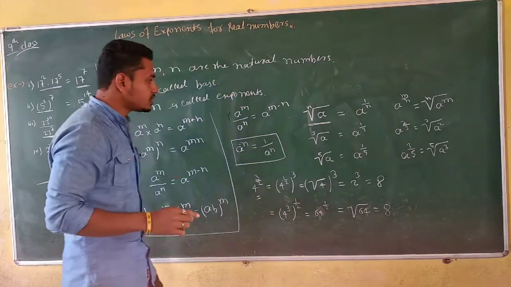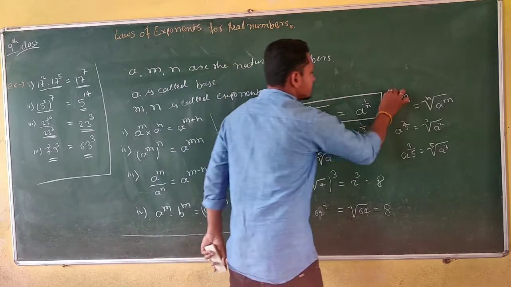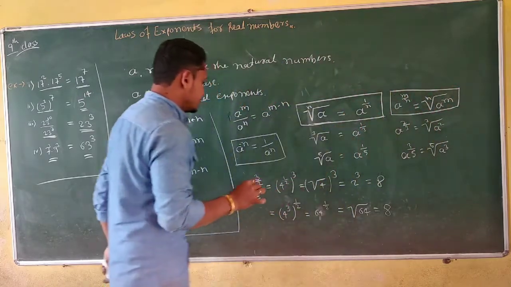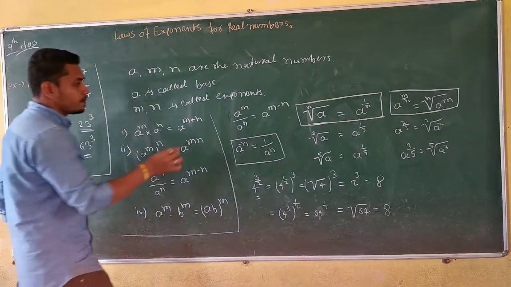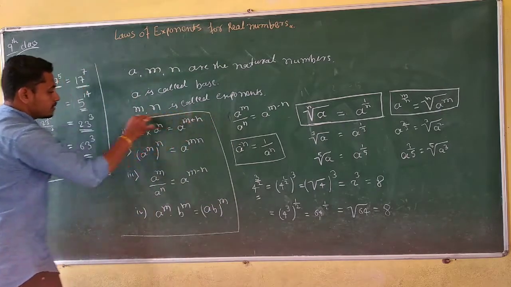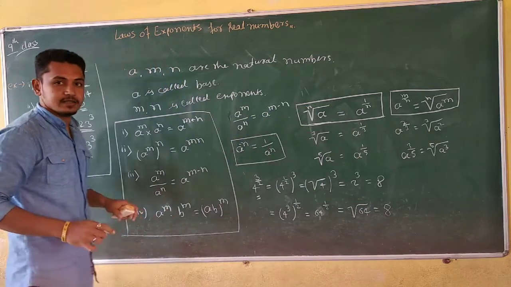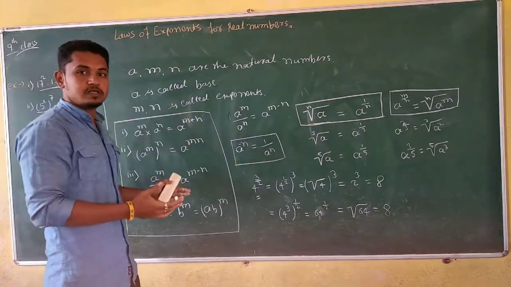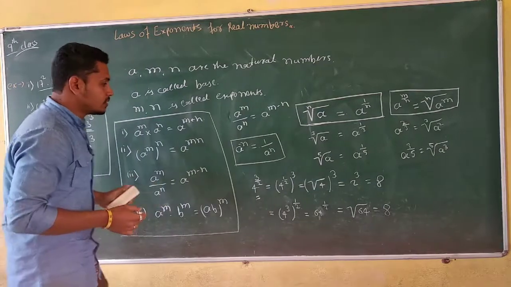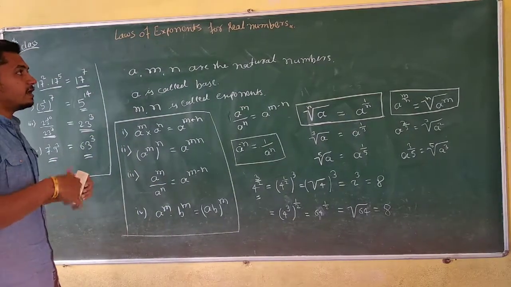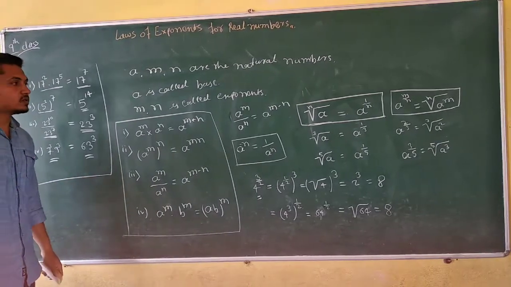Is it right? So you have to remember all these identities by solving examples like these. You should remember these 4 identities and these separate 3 identities. By using these laws of exponents we can also solve negative exponents. So please note this down, and in the next class we have to solve the exercise examples. So we shall start there. Thank you.